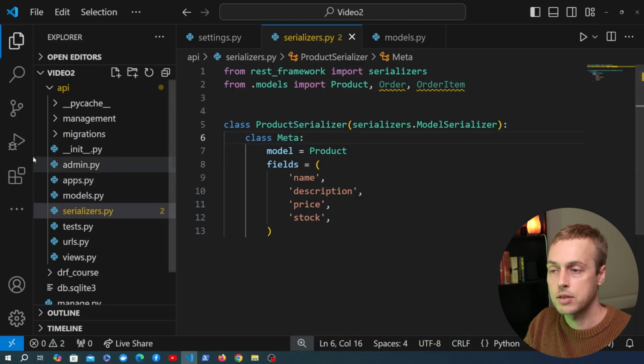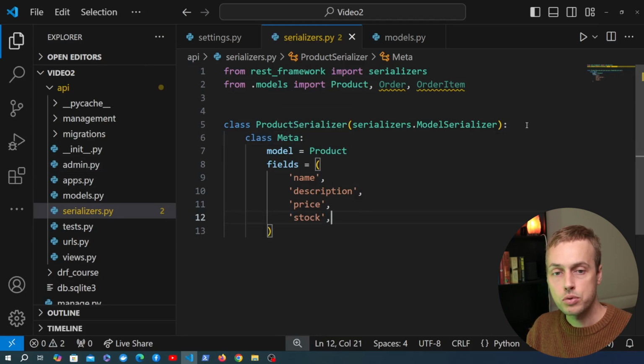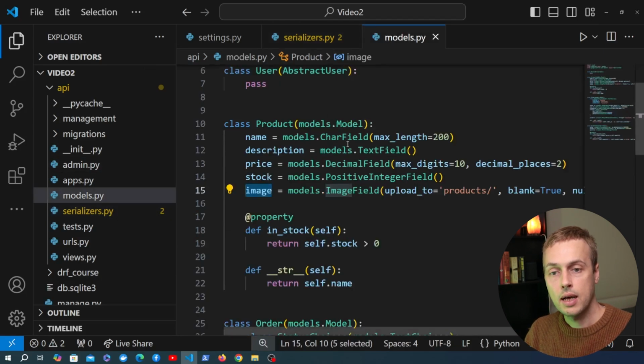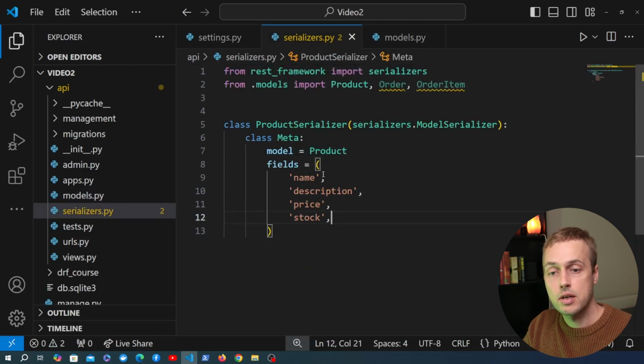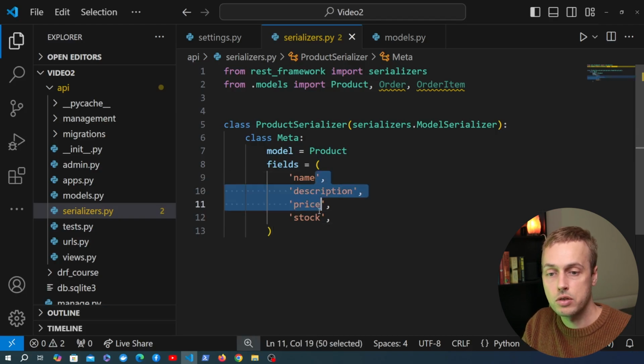on the product serializer. So what's going to happen here is that the model serializer is going to look at the model, and it's going to look at the types of each of these fields that we've added. So for example, the name is a char field, and the description is a text field, the price is a decimal field, and so on. And the serializer is smart enough to know which serializer field to use for each of these fields on the